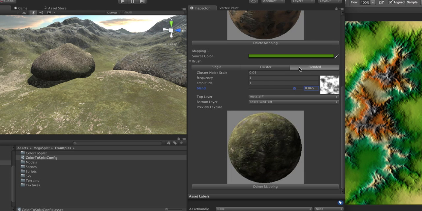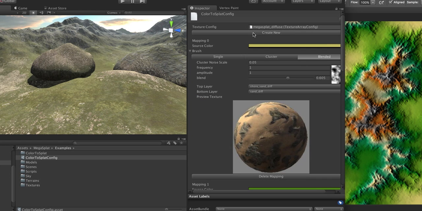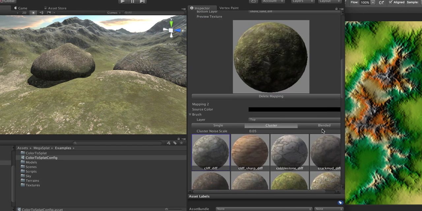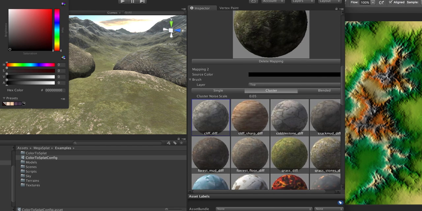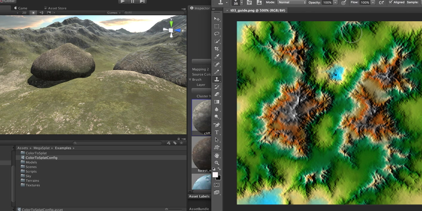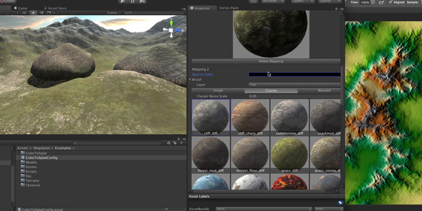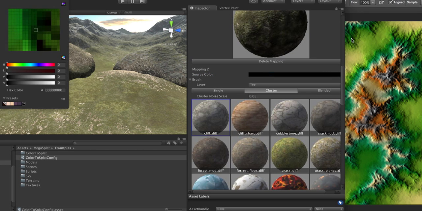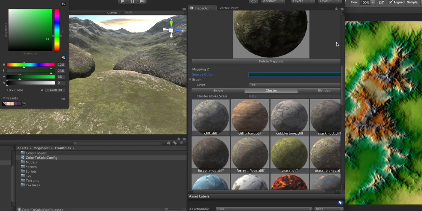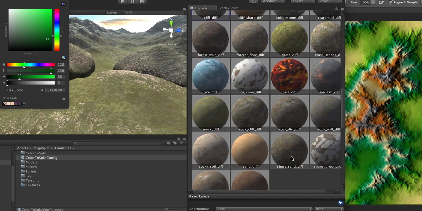And I can continue adding these mappings, basically. So I'm just going to let me just add 2 more here. And let's go ahead and select our next color and say that the dark green we get here, oops, I have to hit that little selector first. So let's just say the dark green. For this, let's use